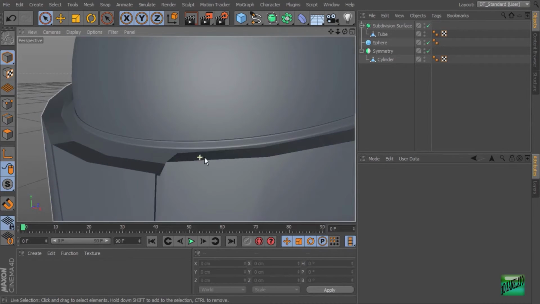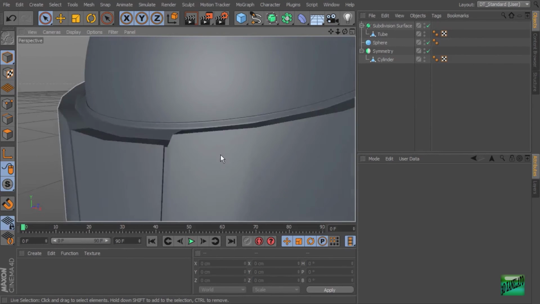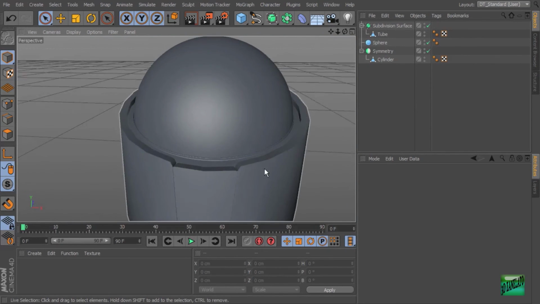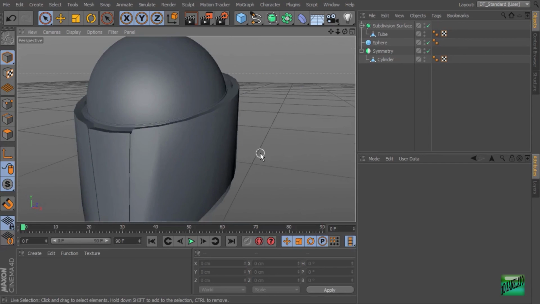Okay, so just keep in mind, more edges closer together means that the smoothed edge is going to be a little bit sharper. It gives us a nice beveled look to it. If we get rid of those edges, it's going to be a very soft transition. So now that we've got a basic head and the seal created, let's go ahead and add the